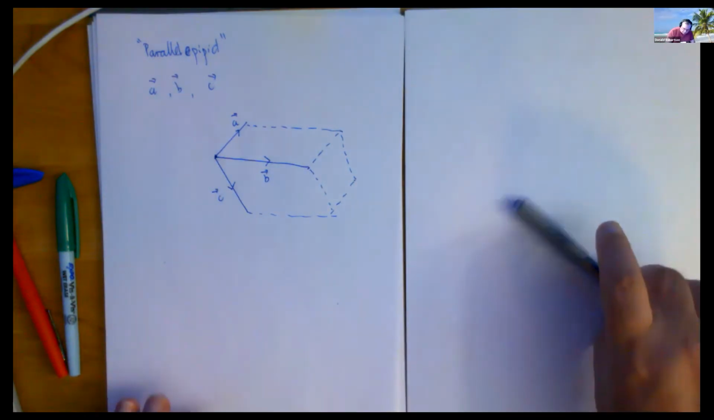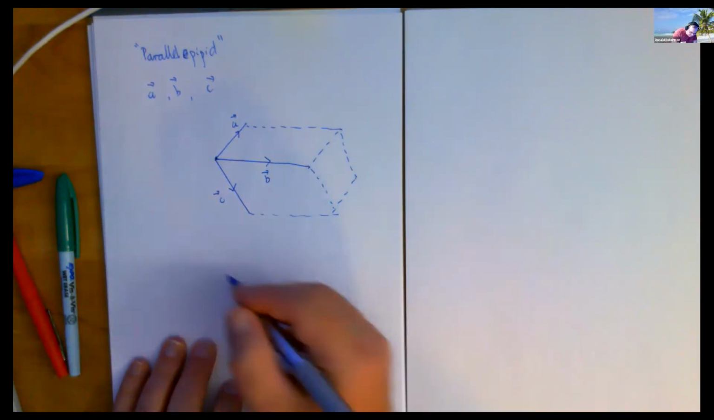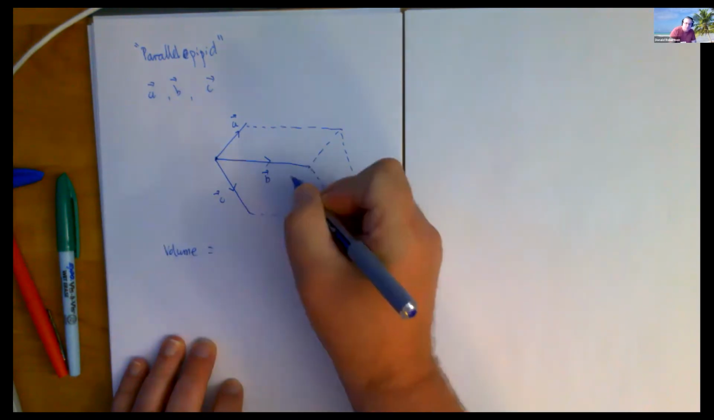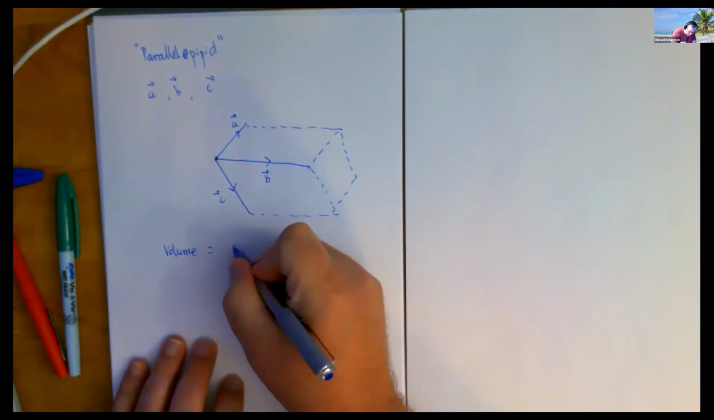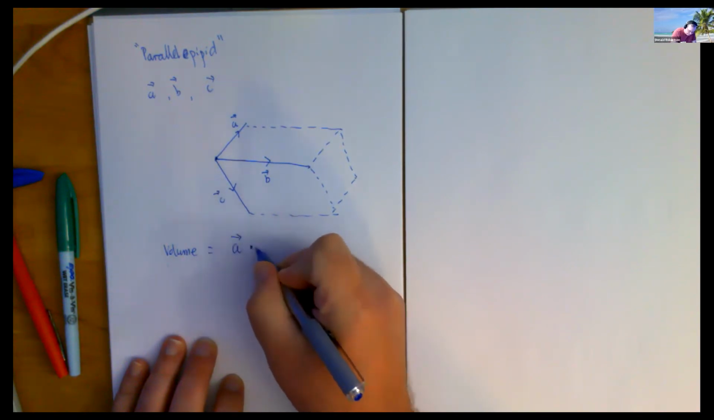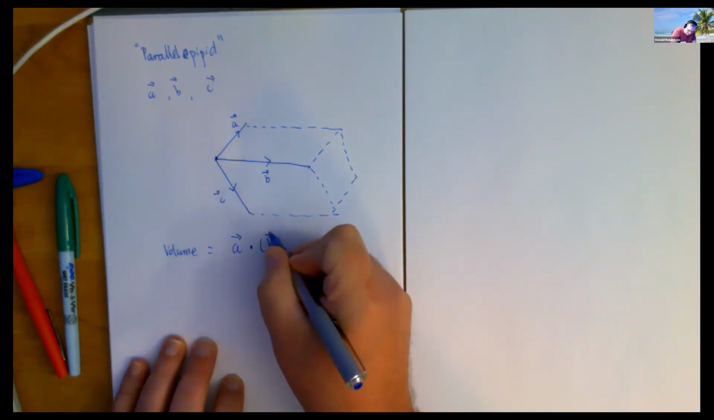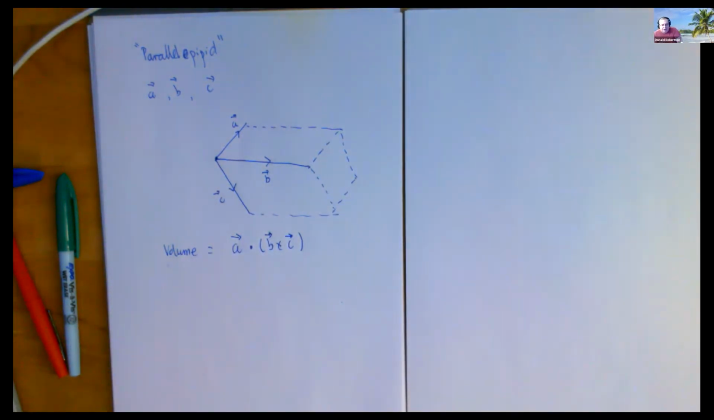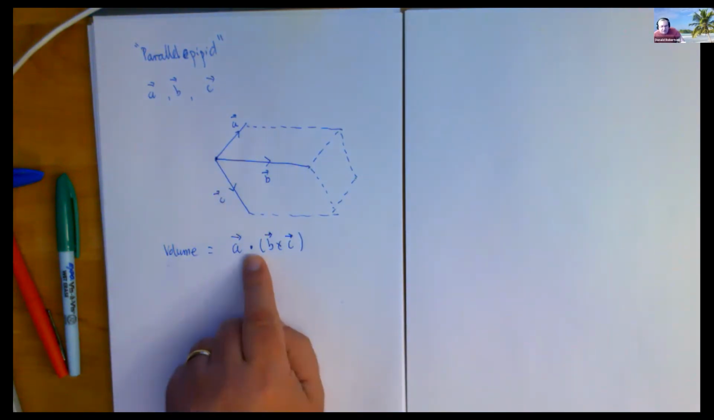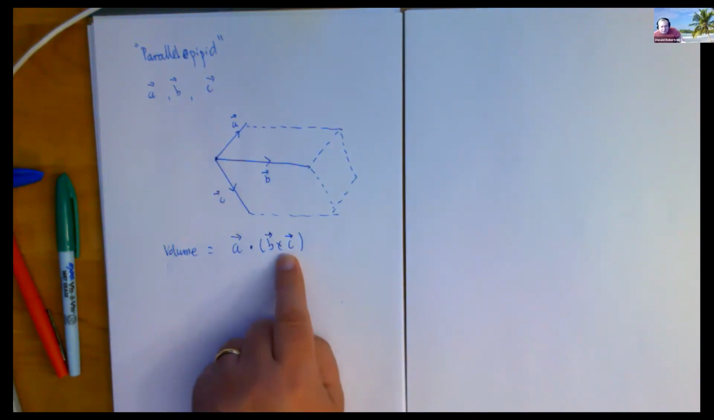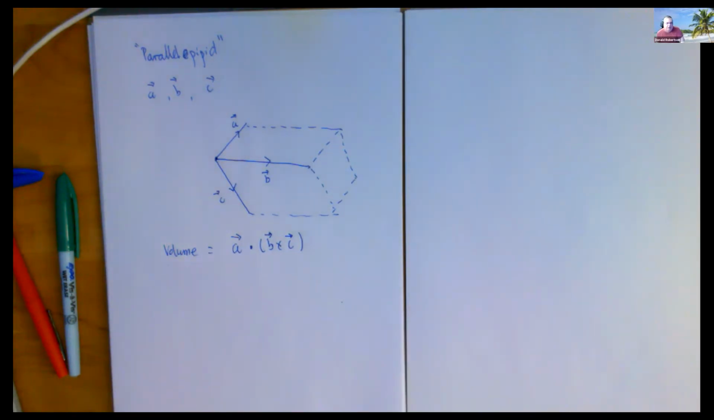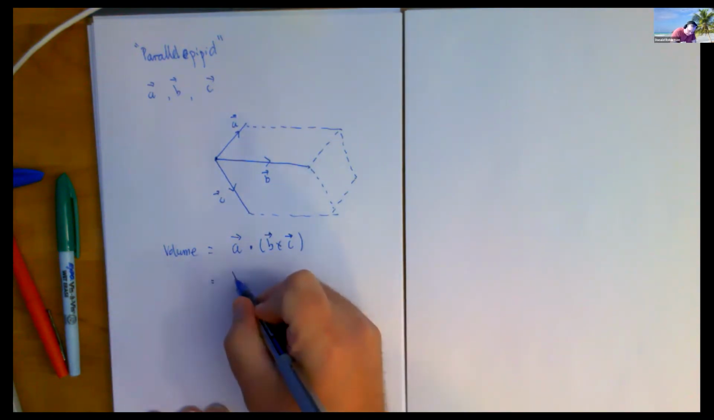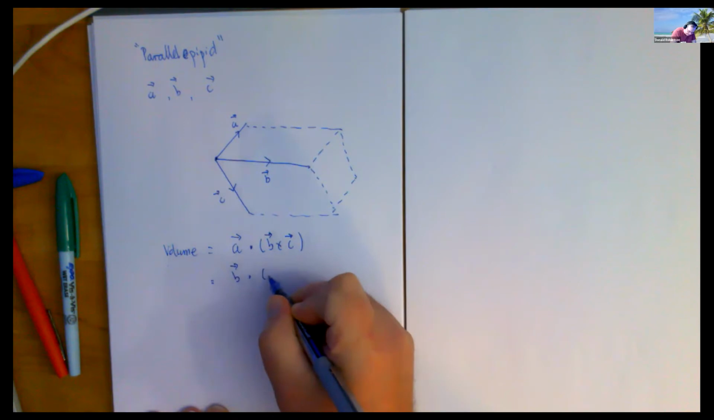And how do cross products come in here? Well, the volume of this shape is given by this, which means we're now going to take a dot product of the cross product of B and C. Now, this is one of the three versions. It might seem unlikely, but it's in fact true